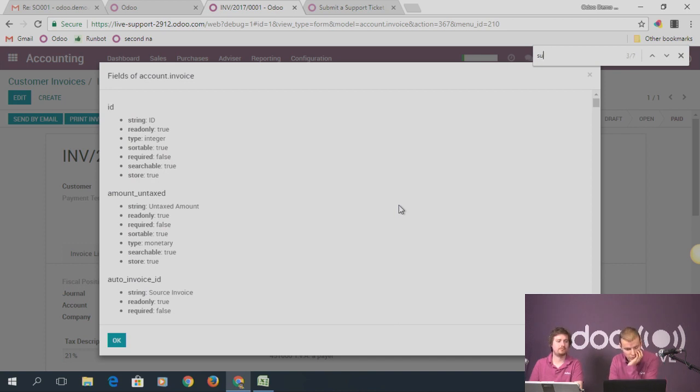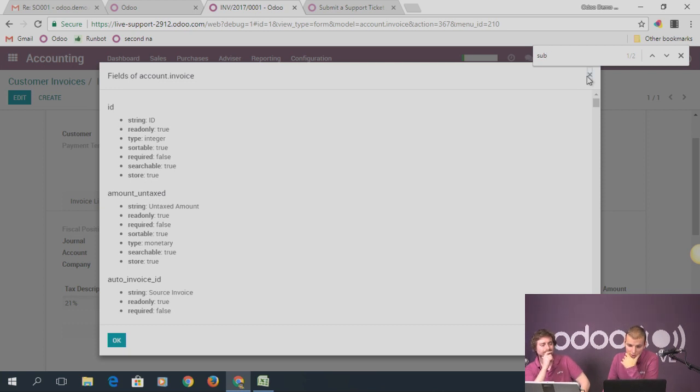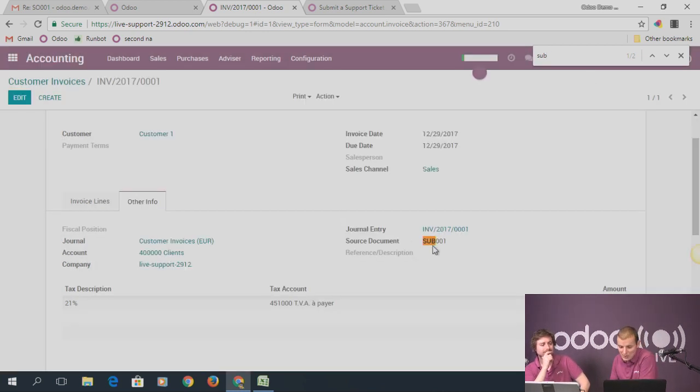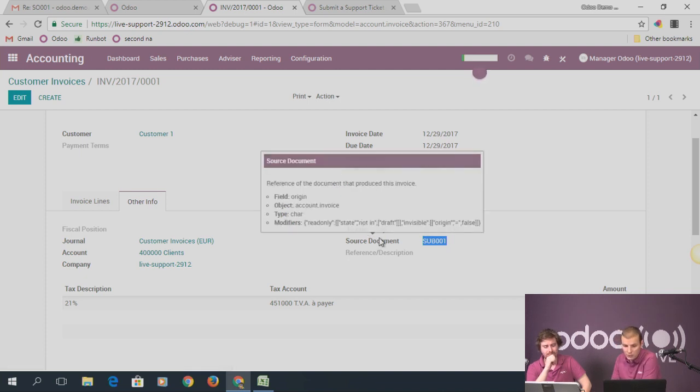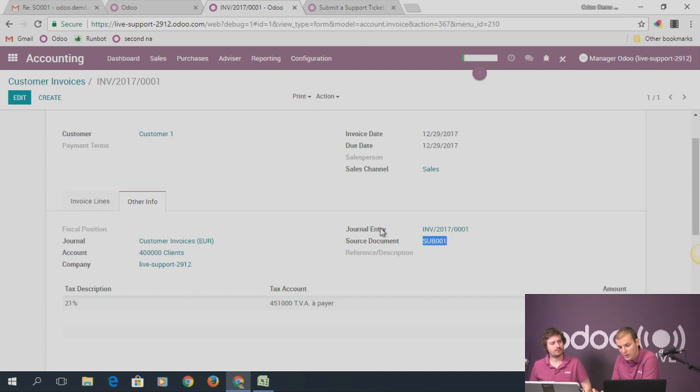Oh, there is no field actually, indeed. I could show you, but the thing is that there is a source document there, but this is not a clickable link. So this is not what we call a many-to-one field. A many-to-one field is something we can click on. For example, an invoice is related to one journal entry, and I can click on it. There is a source document,